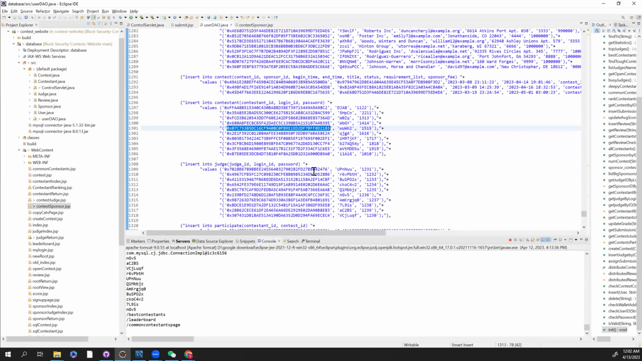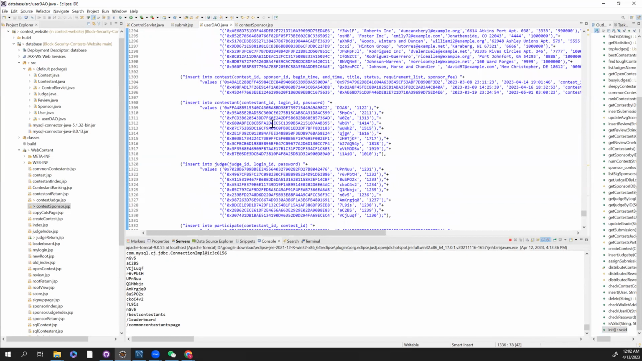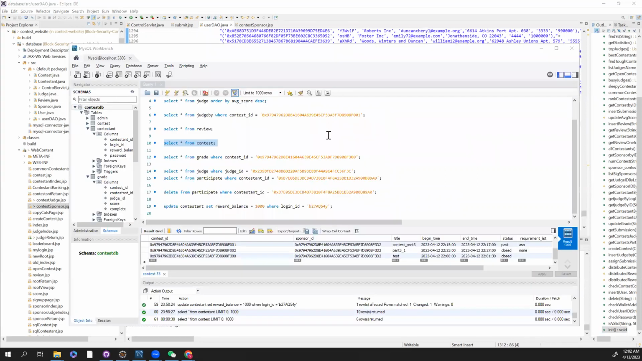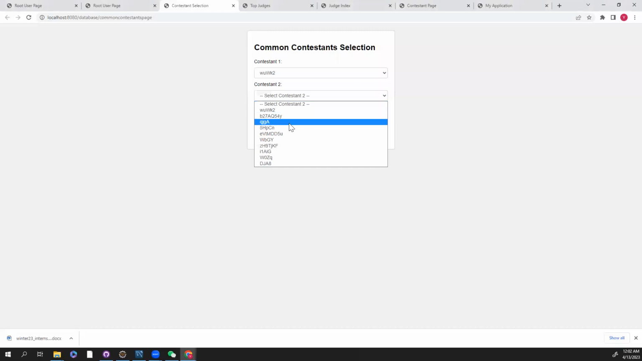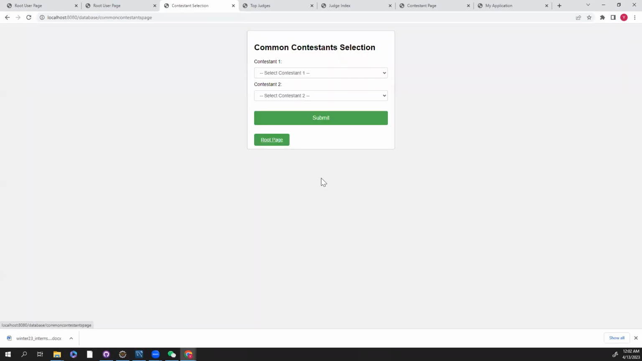This person 07C7, this one participates. Okay, we can just find this one, 6808. So WBG1. The second one, WGB1, they will have this common contest together here. And then if we just make a different selection, we can just see this one and